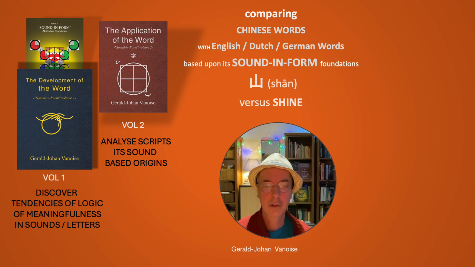In this series, I compare Chinese words to English words and to other Western languages. In a way, you should not compare them when you learn languages directly, but it's good to compare them if you want to understand them from the sounds that they use, because sounds have an orientation in them, and these orientations are somewhat the same in every language, based upon the theory that says that every letter has a position